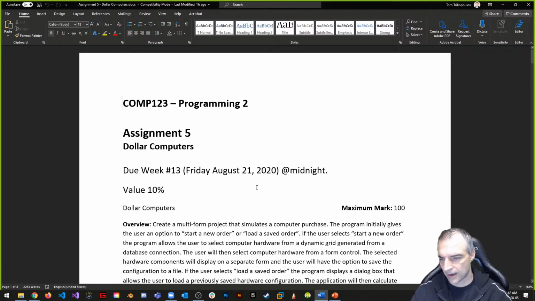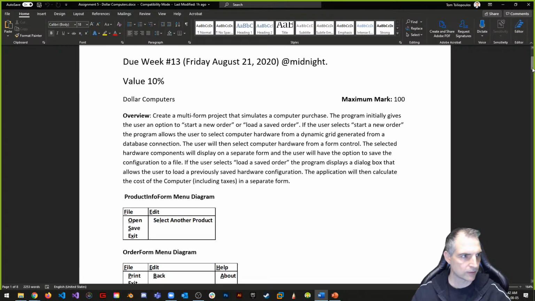Okay, so this is due week 13. This is the last day of classes, at midnight, is when this is due. This is a multi-form application. So what you're going to be building,